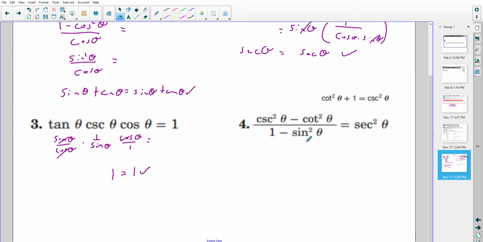Number 4, we're looking at something where we're dealing with a lot of squares. So I would get the Pythagorean identities nice and handy. That identity sheet should be right in front of you, but this is part of the identity sheet. And you can see that the cosecant squared is equal to the cotangent squared theta plus 1 minus the cotangent squared theta. And the bottom, you know, sine squared plus cosine squared equals 1. So this is really going to equal the,